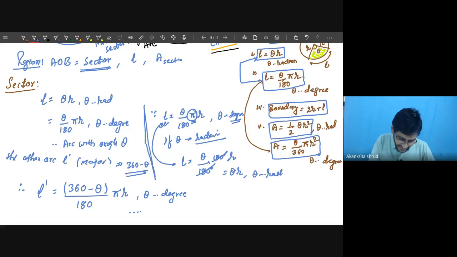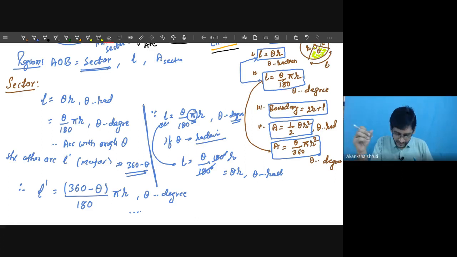Radian and degree are the two different kinds of units for the same angle theta. As I had told you, the unit can be of any type, but the formula gets slightly modified as per the unit. Last time I took the example of money, either in terms of rupees or in terms of paisa. If you make the formula for rupees and want to use it in paisa, you will have to multiply it by 100.